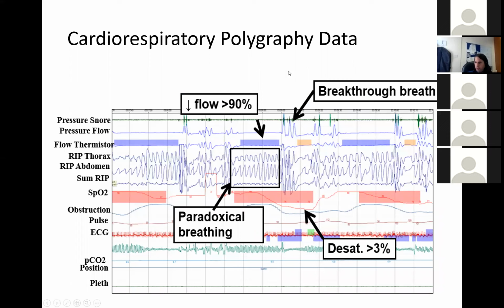So this is a more detailed printout of the study, and you can see here the SATs are stable and then they go down. So this is the desaturation, and you can see paradoxical breathing here. Before I showed you that the abdomen and the thorax were moving in the same direction. When you have paradoxical breathing, you'll see that one moves up and one moves down. So the breathing is not in sync as it should be. And typically when you get this kind of obstructive pattern with paradoxical breathing, the child then has an issue with their flow. You get desaturation and they suddenly have a breakthrough breath, and then wake up, have an arousal, and then go back to sleep again.